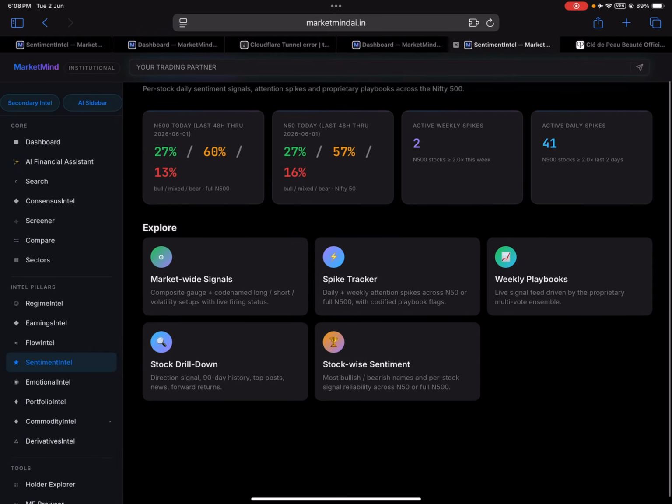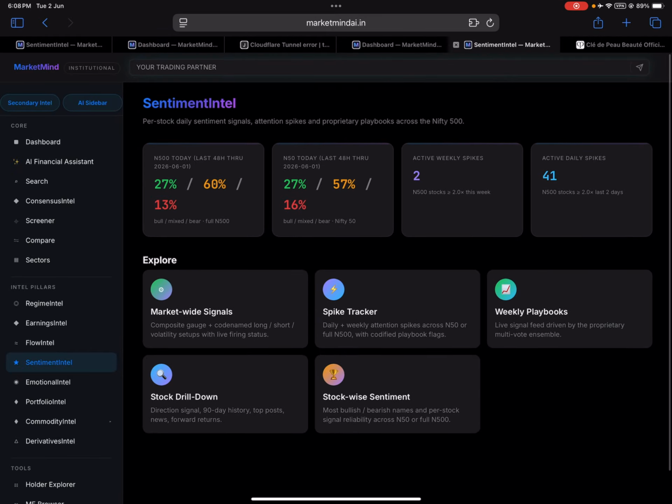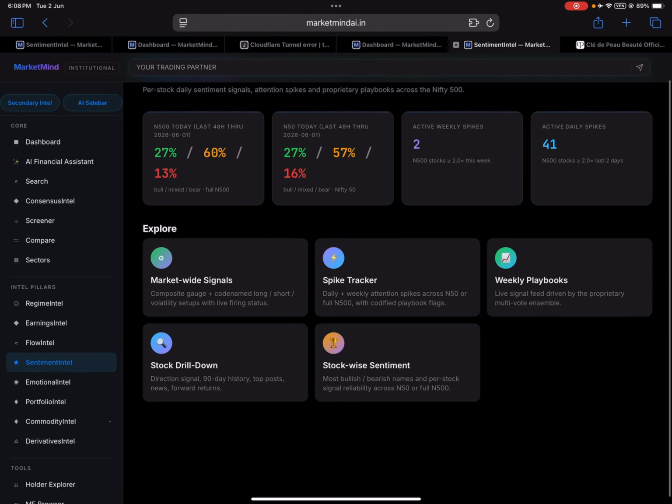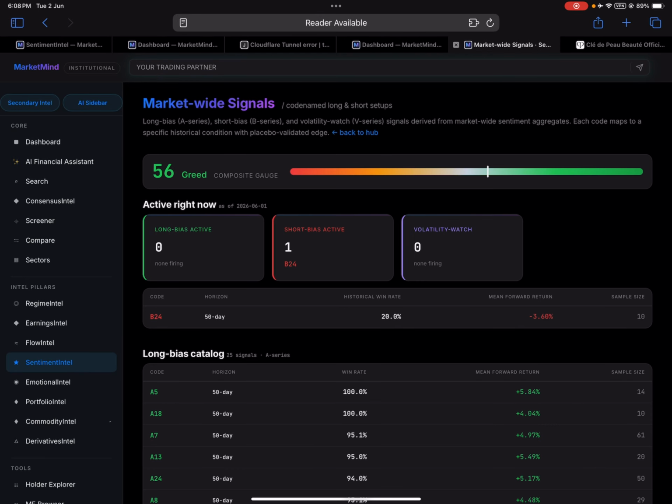But we also have some pre-generated and tested, you could call, strategies here. But these are, of course, not financial advice or recommendations. These are just data points. For example, the market-wide signals we can see here. Currently, we're seeing greed,